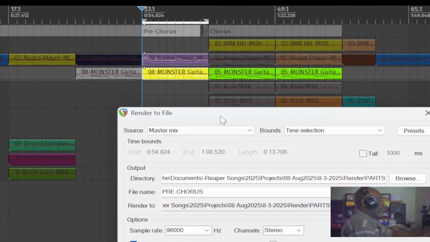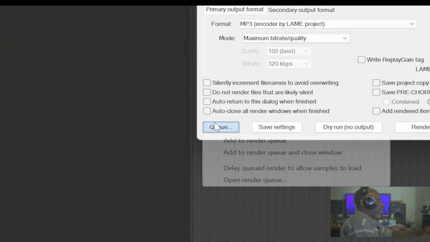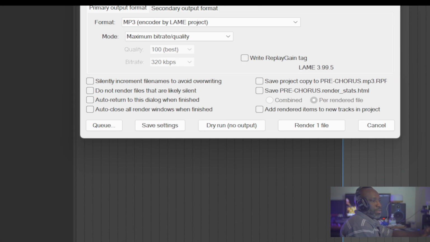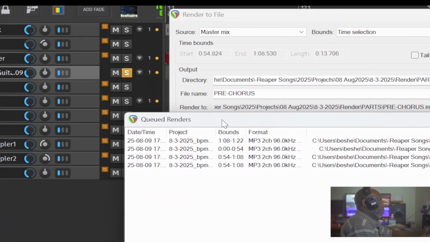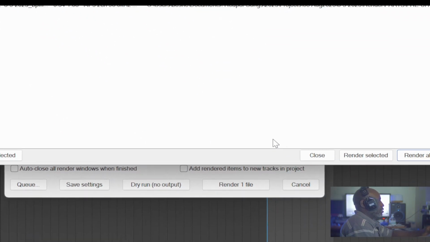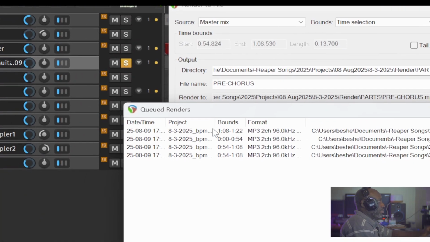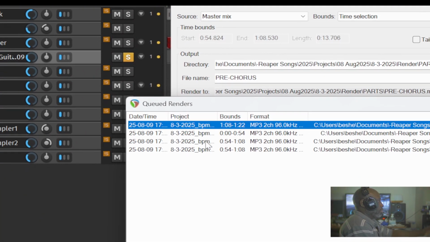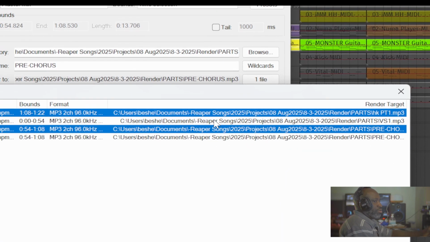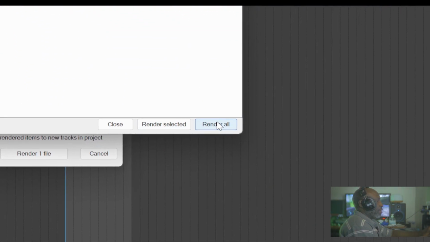And when I'm ready to render everything out now, I go to queue, and then I go open render queue. And the render queue is open, and you see all 4 renders. And then I can select 1 or 2, and then render selected. It's gonna render the selected cues, or I can hit render all, which I'm gonna do,